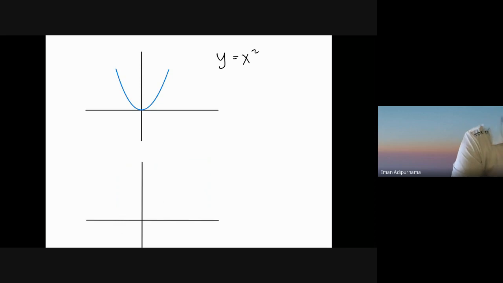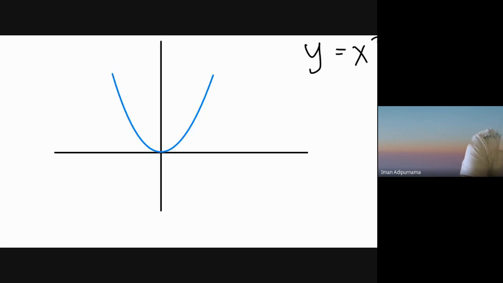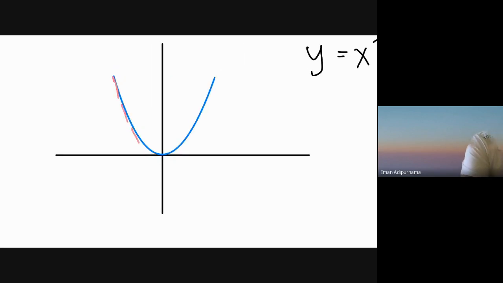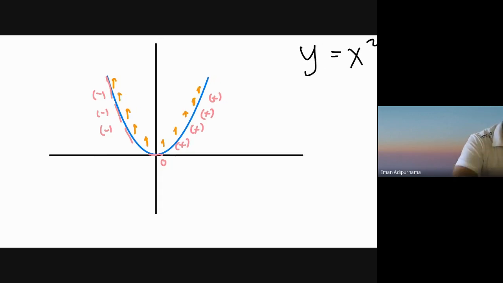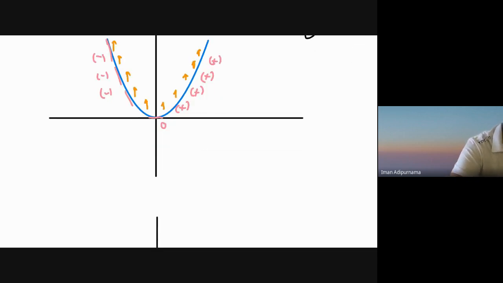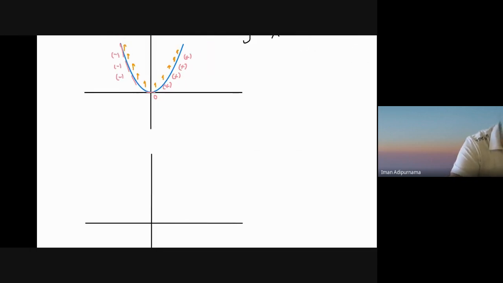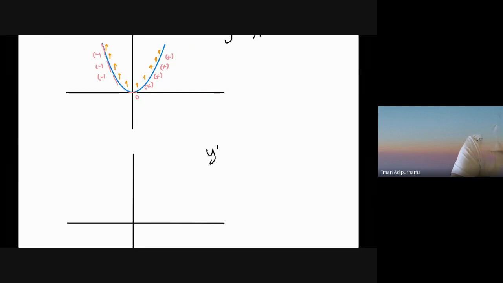If you look here, we have negative slope here, right? Negative slope, and then we have the slope 0, and then positive slope. And if you look at it, we have a concave upwards. Of course, there will be no inflection point, right? Still upwards the whole way. And if we have the derivative, which is 2x,